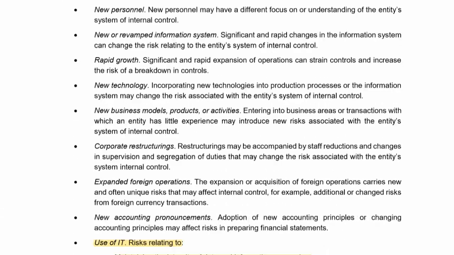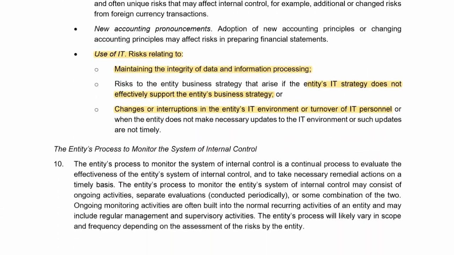So it is really important, but what I specifically wanted to highlight under the entity's risk assessment process is that they need to identify risks relating to the use of IT. So maintaining the integrity of data, making sure that it aligns with the IT strategy, and if there are any changes or interruptions in the IT environment or turnover of IT personnel, what are the risks that could come about